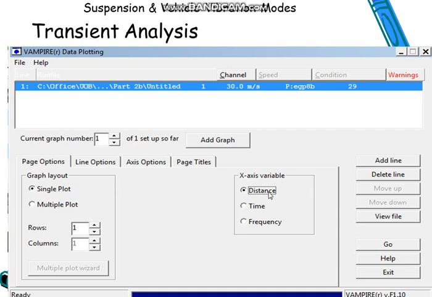The variables I can see on my plot are distance, time and frequency. I can see my acceleration values on different spots of the vehicle for distance, for time, and for frequency. For the purpose of example, I am selecting this distance value so that I can